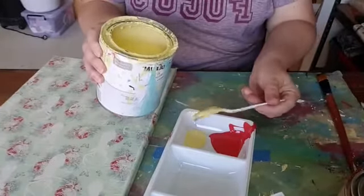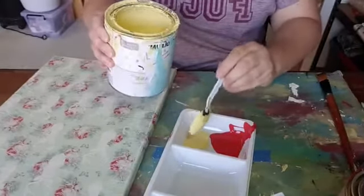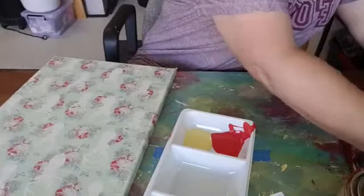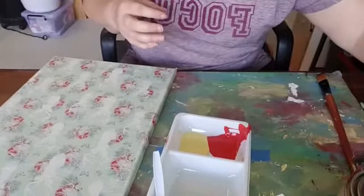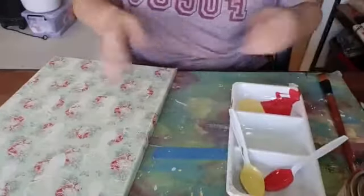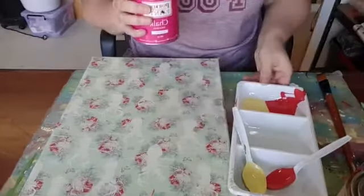There are better brands around, or thicker paints for this, but we'll just use these because that's what I've got. And anyone that paints knows that paint's not a cheap item, so I just use what I have. Okay, so I've got the paint in the tray just there, and now we need to do the centers